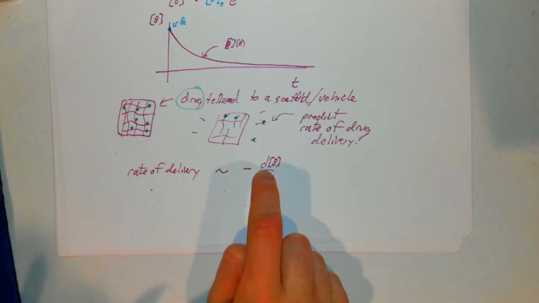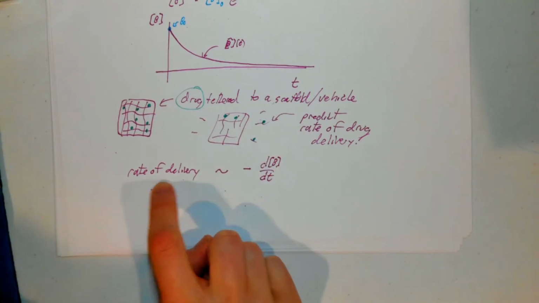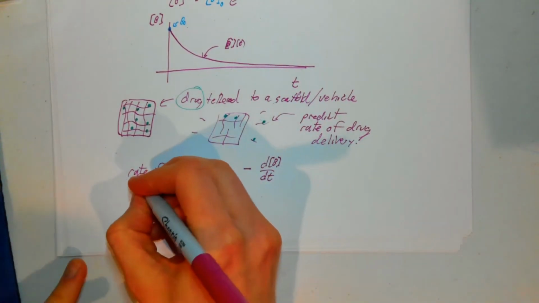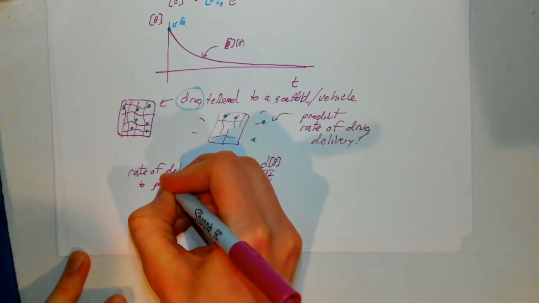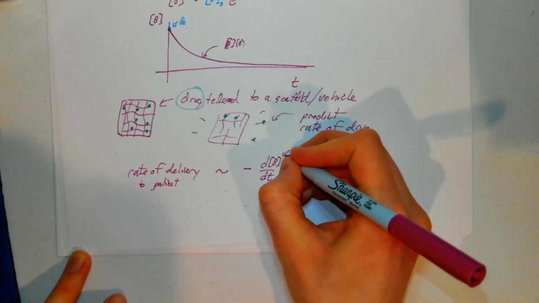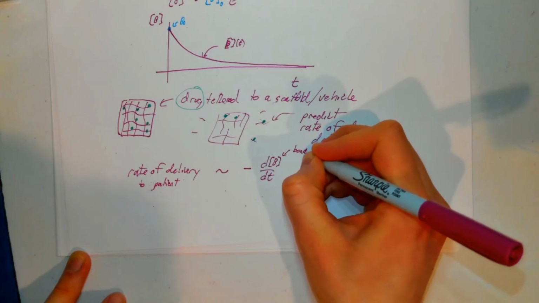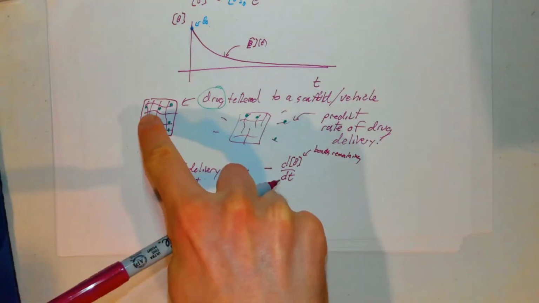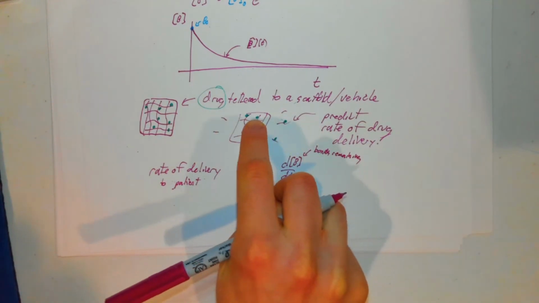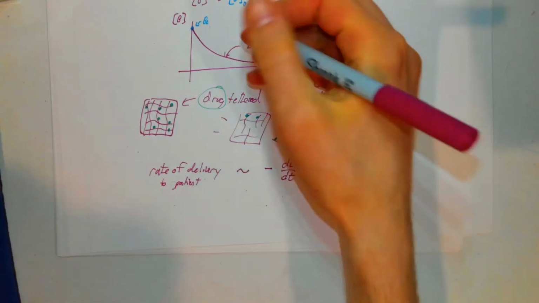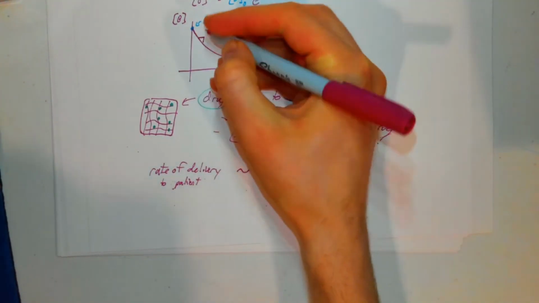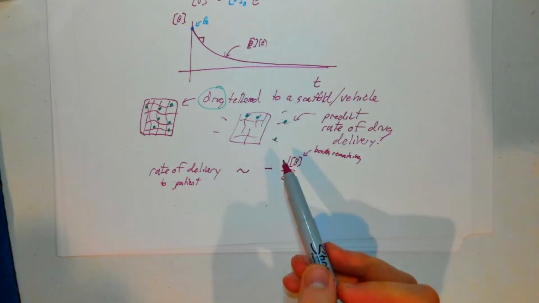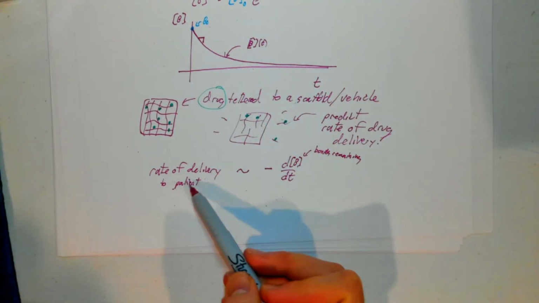So putting the minus sign out here is basically the rate of delivery to the patient, right? Because basically this is the bonds remaining, so dB/dt is something that's negative. All right, the slope of this graph right here is negative,